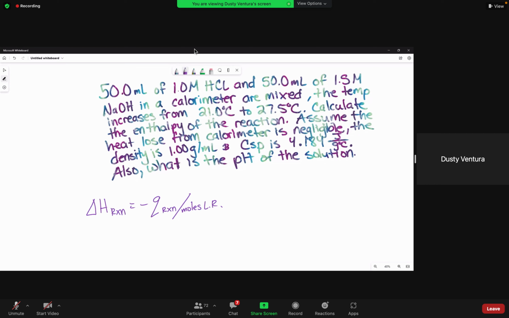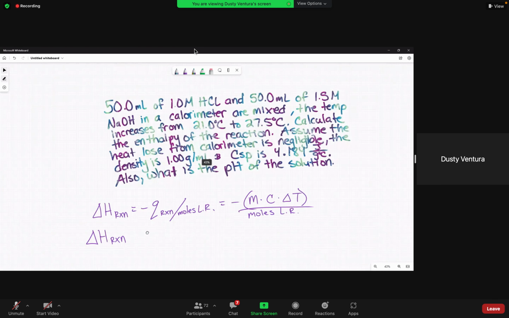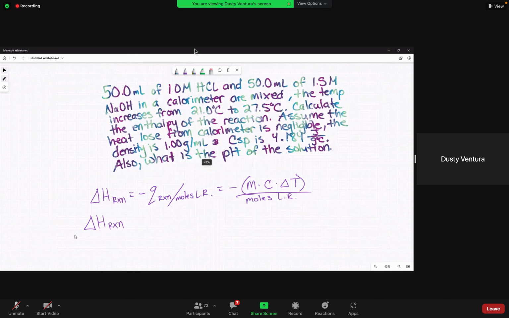So this is equal to negative m c delta T divided by moles of limiting reagent. So I'm going to plug my numbers in. Delta H of my reaction